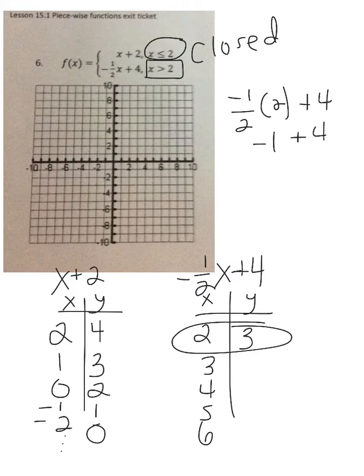Now if I take that 2 and change it to a 3, half of 3 is 1.5, but again negative, so it's -1.5 plus 4. That is 2.5. Now I'm going to change that 3 to a